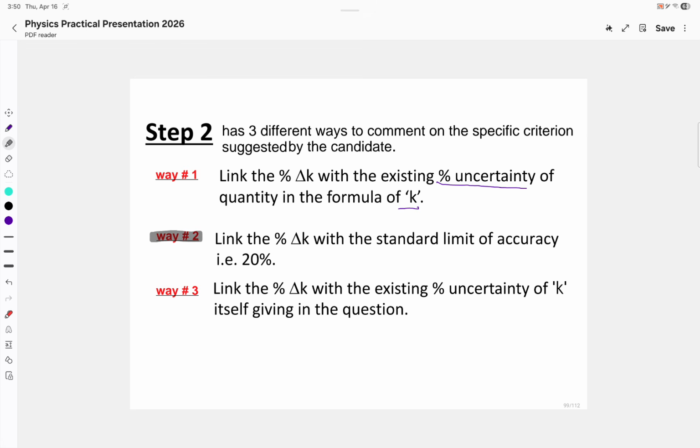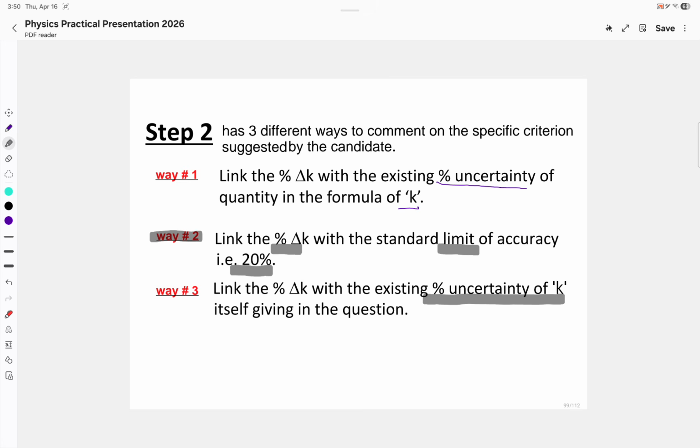Then method number 2 is to compare the difference percentage with the standard limit of accuracy, that is 20%. And the third one is to link the delta k percent with the existing percentage uncertainty of k itself, given in the question. I have figured out these three methods kept repeating themselves in past year questions,